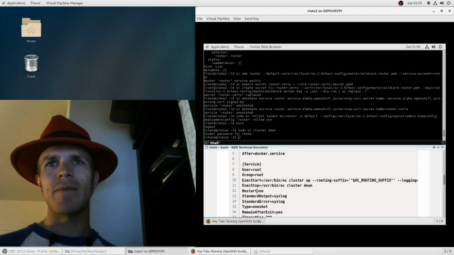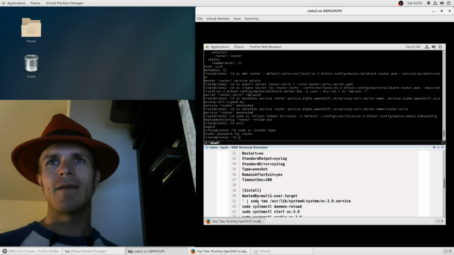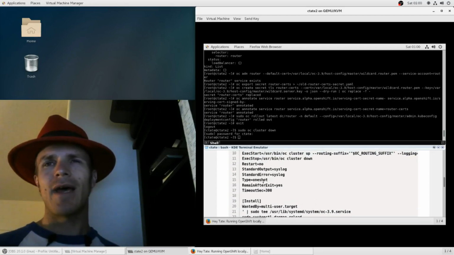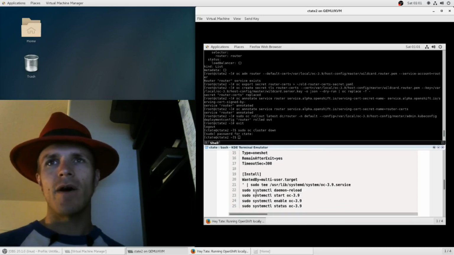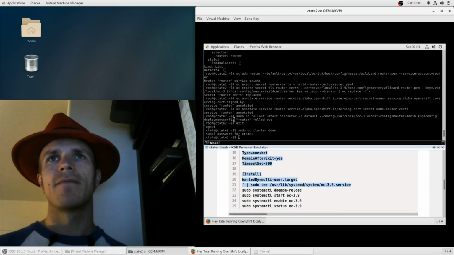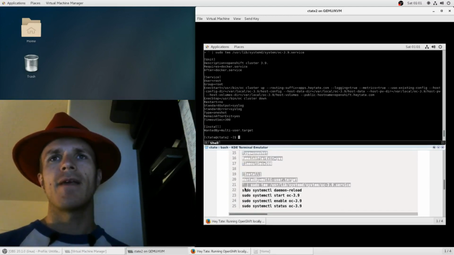It tells it how to stop it, and that we don't want to restart it, and how to output to the logs. Anyway, so all of this will create a system service, and then we can